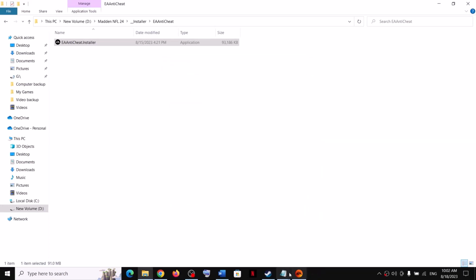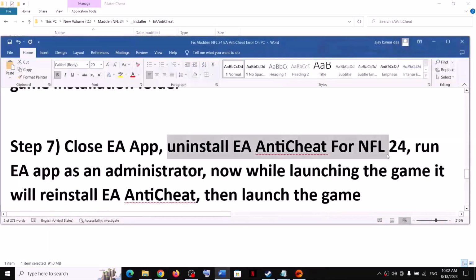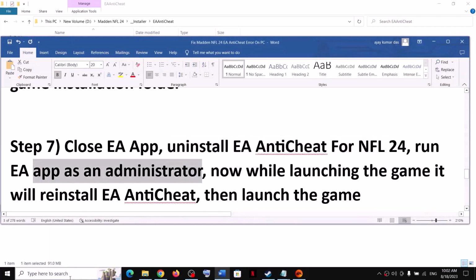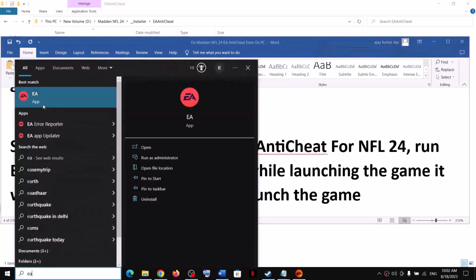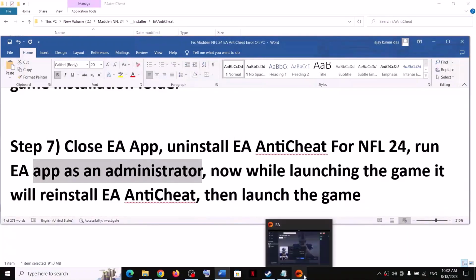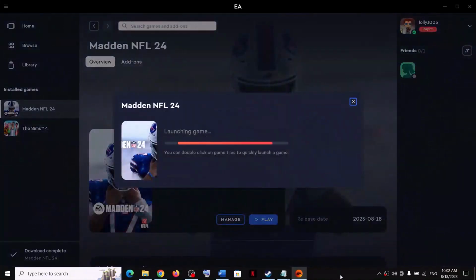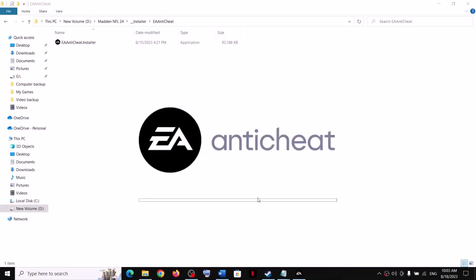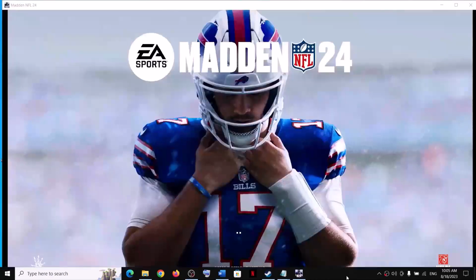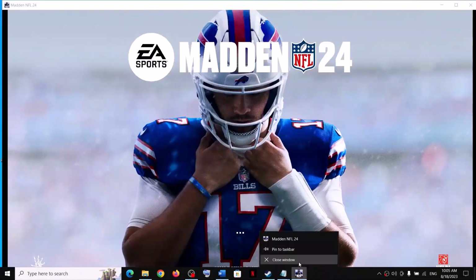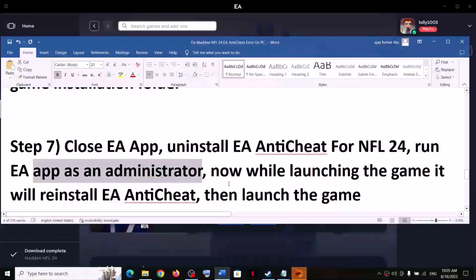Now you can close this box and then open EA app. Now run EA app as an administrator. So type in EA app, make a right click and then click on run as administrator. Once you have the EA app running, now launch the game from the EA app. Now this time it will reinstall EA Anti-Cheat, and then it will launch the game. So you can see the game is launching now, so that should fix the error, but if you are still facing the problem, then the next step is to